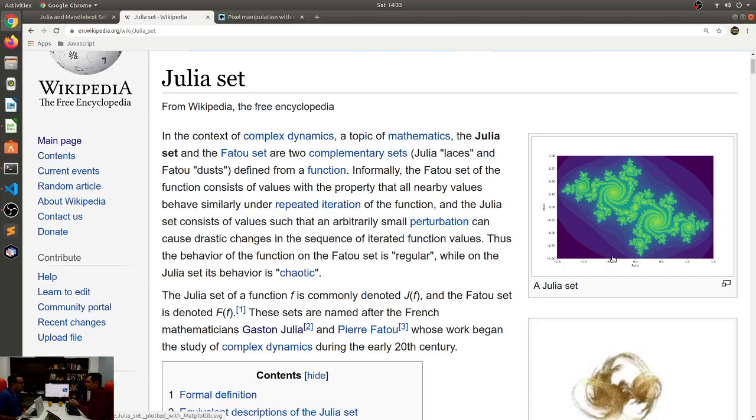There are many Julia sets. For every value of c that we saw in that formula, it'll produce different patterns. The Mandelbrot set and the Julia sets are actually connected, and how they are connected is the Julia sets are actually part of the Mandelbrot set. There are certain values of c within the Mandelbrot set that will produce the Julia sets. The programming for them is actually the same, right? It's just a very simple modification that produces the Mandelbrot set instead of the Julia set. We'll look at that also. So we'll start off with Julia sets essentially.